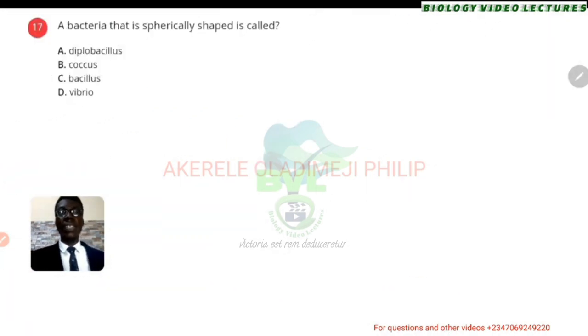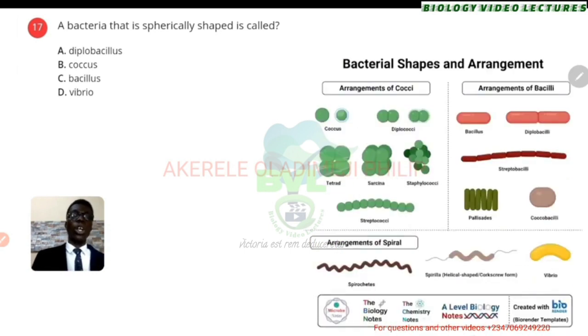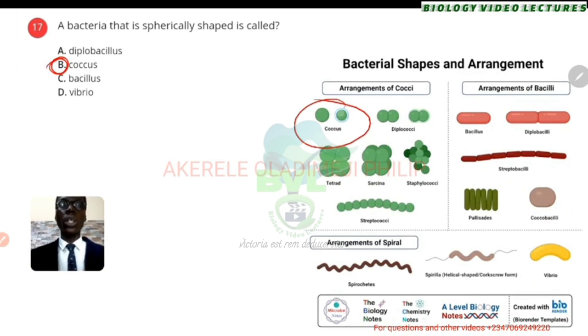A bacteria that is spherically shaped is called, okay, now this is what I want you to remember. Bacteria are equally divided based on the shapes they have, not just gram positive or gram negative. When bacteria is round, we say it is coccus, singular, cocci, plural. If it's in twos, we call that diplococci, in fours, tetrad,